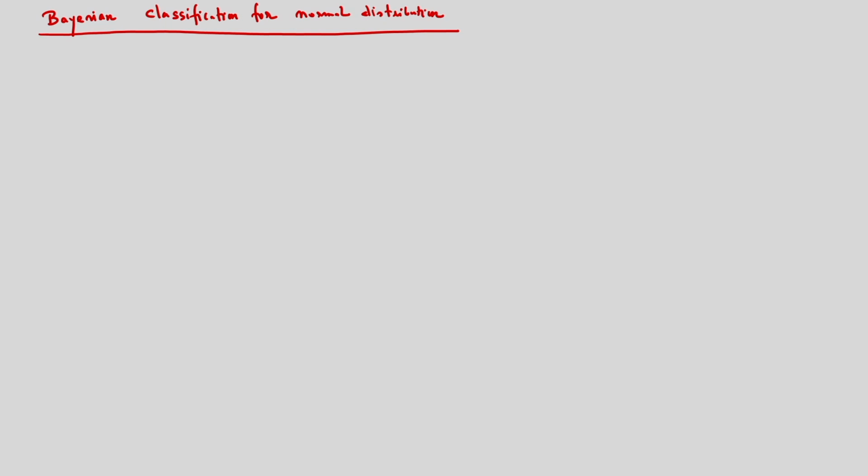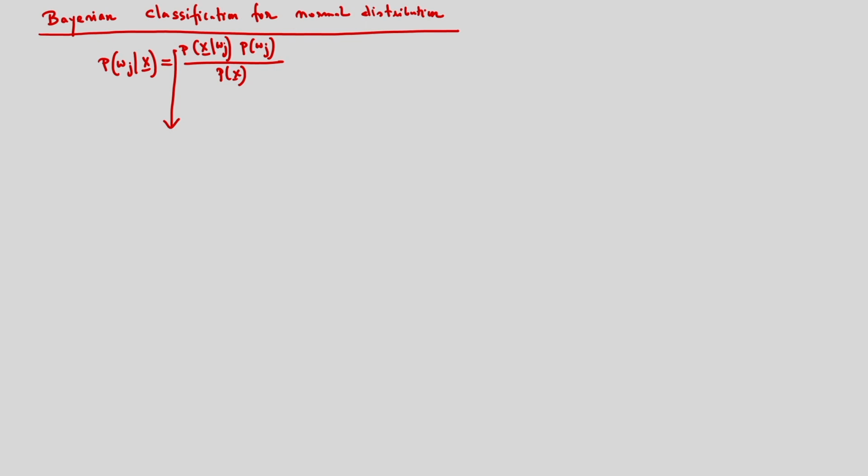So in the case of the Bayes classifier, I have to determine P(wj|x), which is equal to p(x|wj) P(wj) divided by p(x). So this is the Bayes law. For determining the probability of wj given x, I have to consider the likelihood, or the class conditional density. Suppose the class conditional density follows the normal distribution.